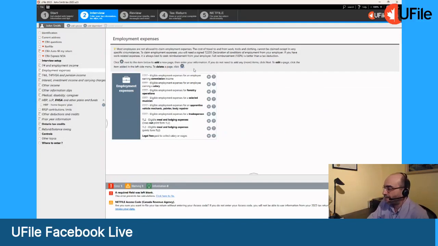So from here, you choose between commission income employee and salary employee, either one or the other. Now, for most of you, it'll be a salaried employee, unless you are collecting commission as a salesperson, for example, then you'd be considered a commission income employee. What's the distinction between the two is that if you're considered a commission income employee, you can actually claim more types of expenses than what you can claim under a salaried employee. So there are more types.